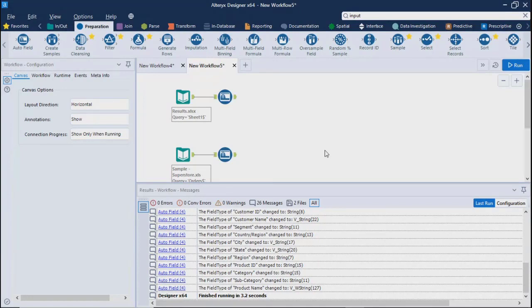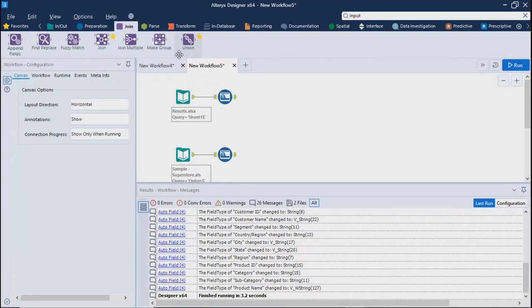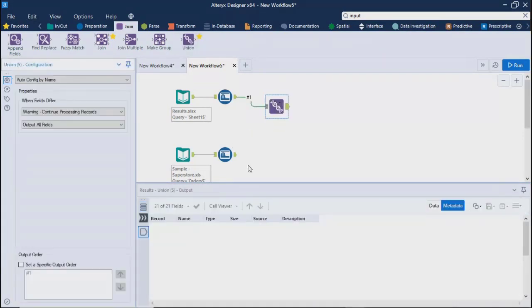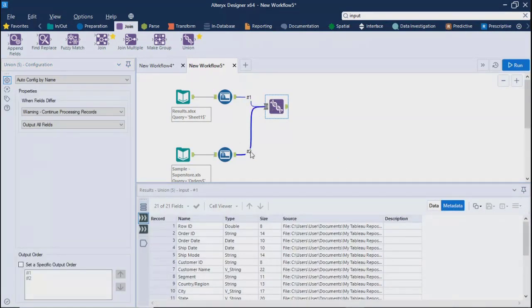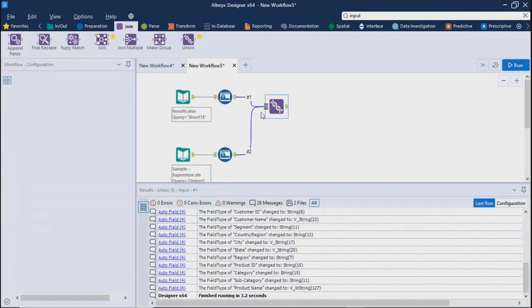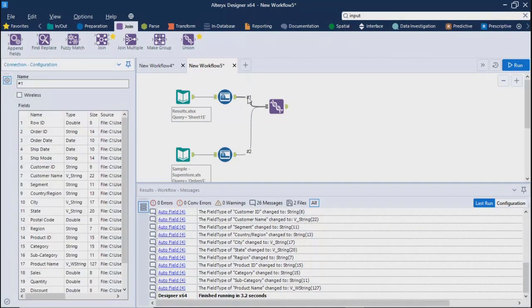Fine. Now we'll just go ahead and again into the joins, and we'll say, let's say union. If I do union, let's see what happens. Right over here, you can see 1 and 2. There are two branches. You are joining the data from these two data sets. So 1 and 2, if you add a third, you will get another third row. But let's give it some name so that it will be better.